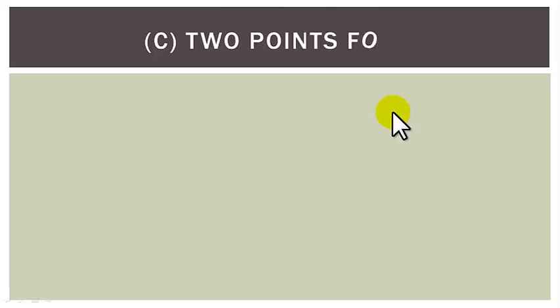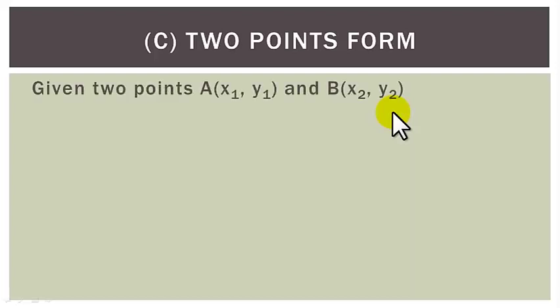C. Two-point form. Given 2 points, A with coordinates x1, y1 and B with coordinates x2, y2, we can draw a straight line to pass through